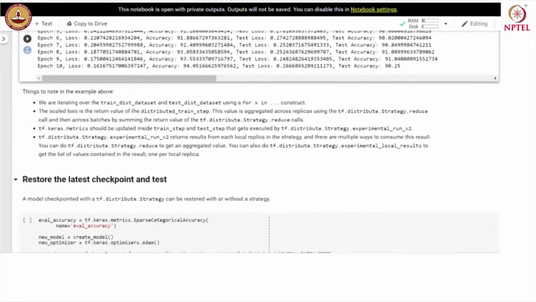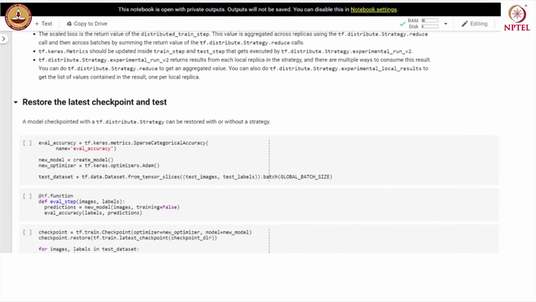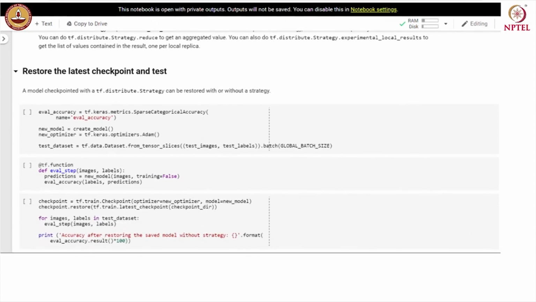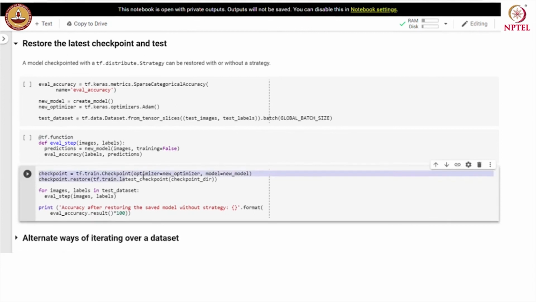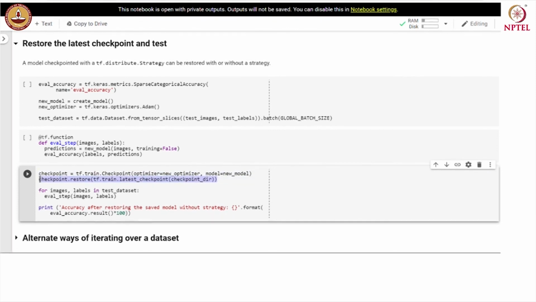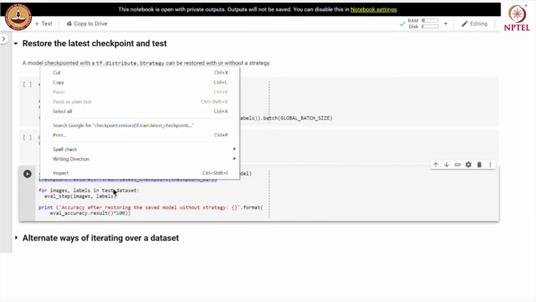So, let us understand how to restore the model from the latest checkpoint. The model that we checkpointed with tf.distribute.strategy can be restored with or without a strategy, and we can use the model to perform the inference on new data points. This is how we restore the model with the restore method on the checkpoint object.